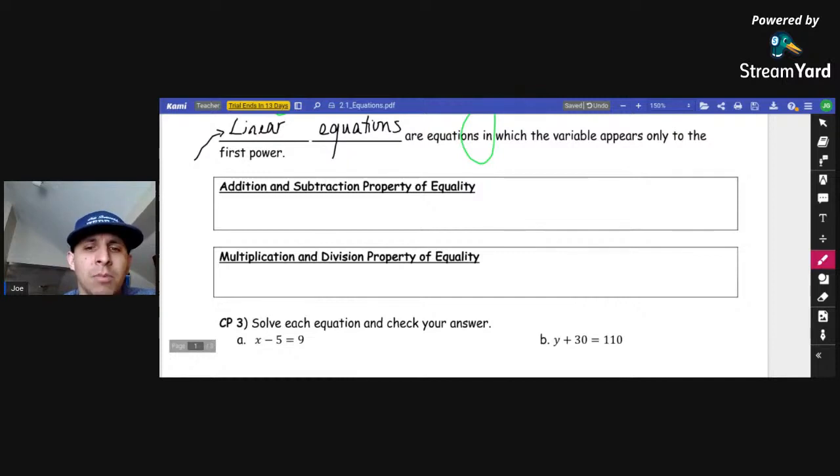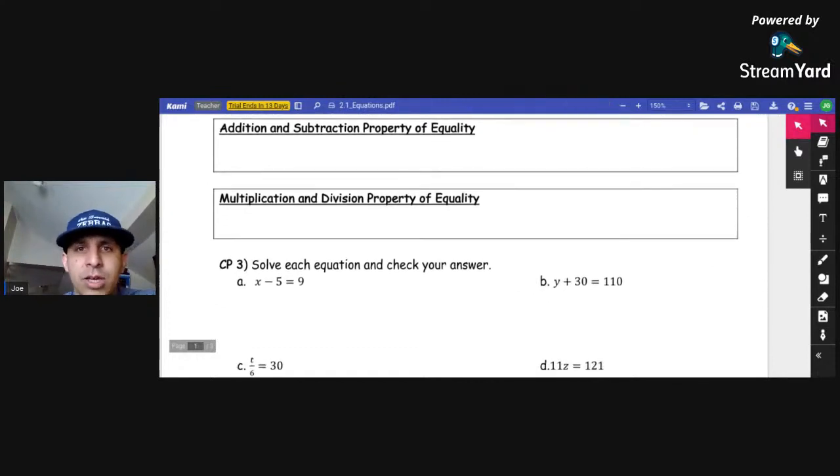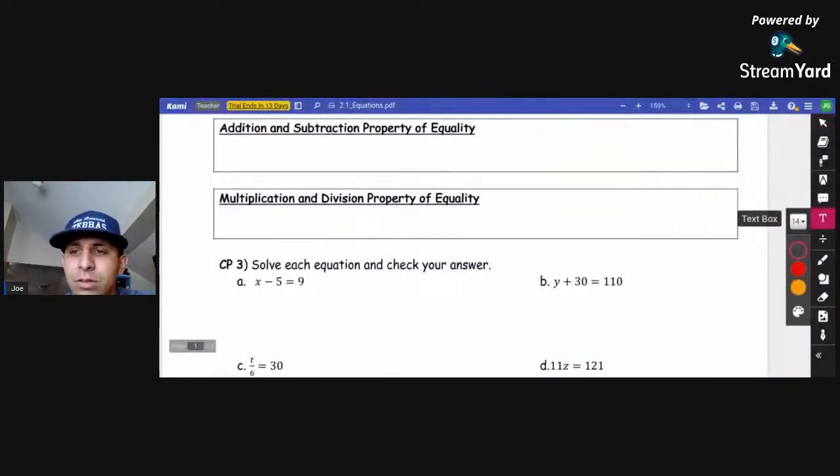Okay. Before we get into solving any of them, though, we have to talk about a few key properties. Okay. So the way I like to think about equations is kind of like a scale, right? So if you have 2 sides to a scale and you put 5 pounds on one side, that should sink, and then the other side should go up, very similar to a seesaw. Okay. So when things are equal, we like them to be balanced, right? So if we were to have